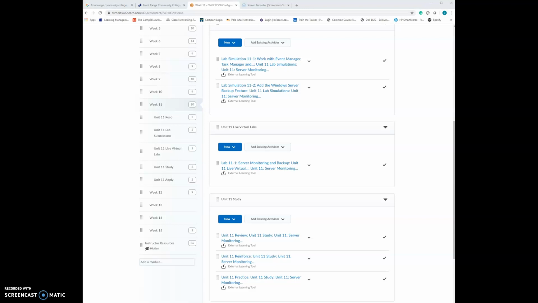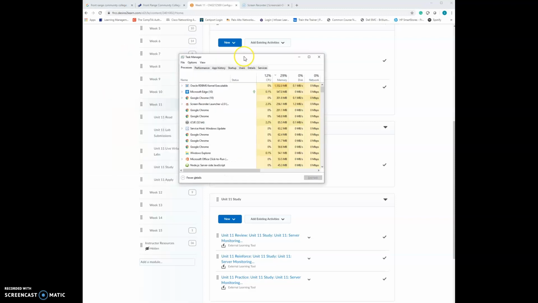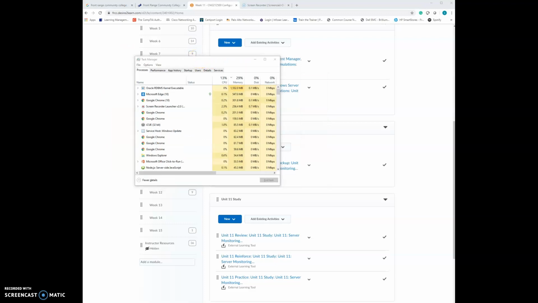This week's, I think, key topic we talk about is Windows monitoring, which can be done through events, Task Manager, Resource Monitor, Performance Monitor, and understanding how they differentiate and what they offer. Because you don't always want to be using Control Alt Delete for Task Manager. Let's see if I can get it for Task Manager and be able to pop up a Task Manager because I'm trying to get it over here. Because when we look at